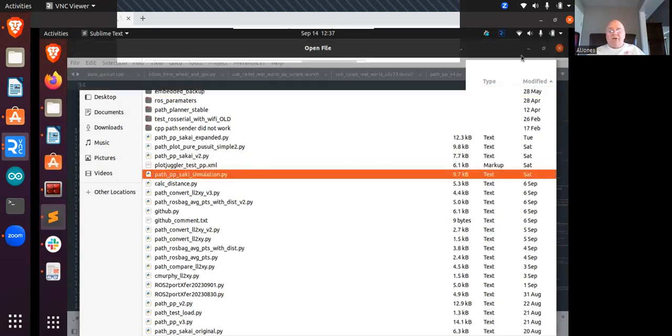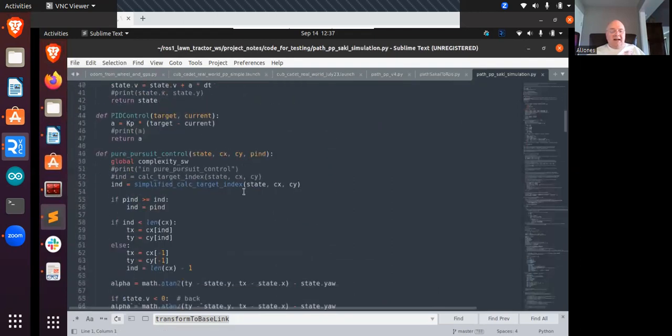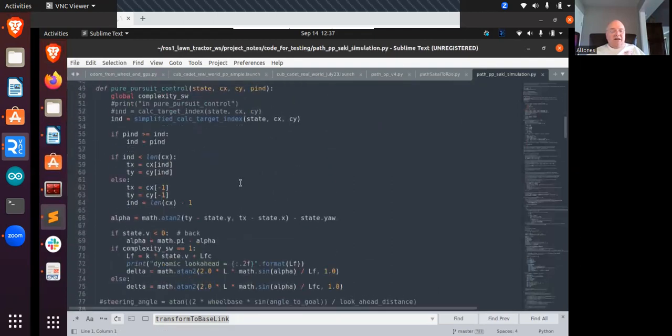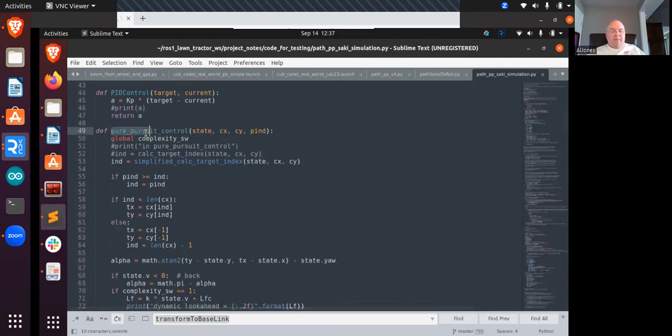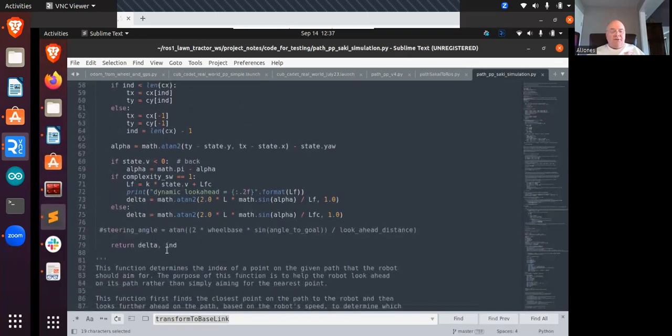Since you mentioned it, I thought it's worth noting. So he's got this pure pursuit function, and its purpose is to return